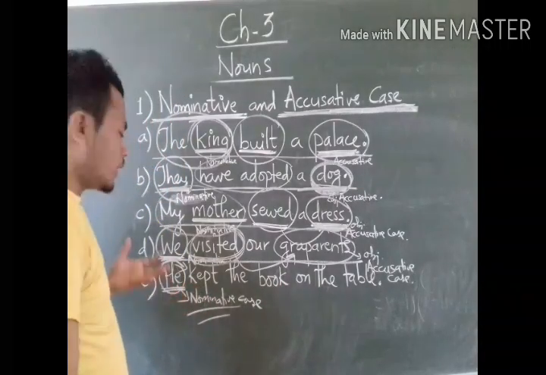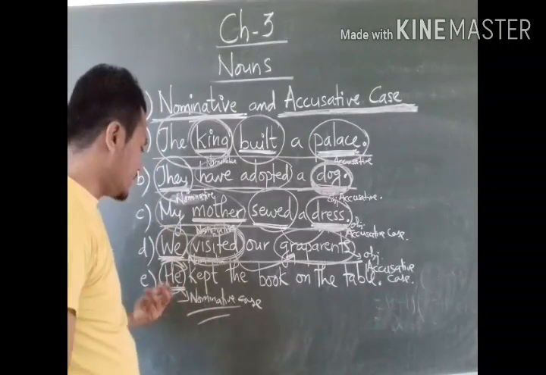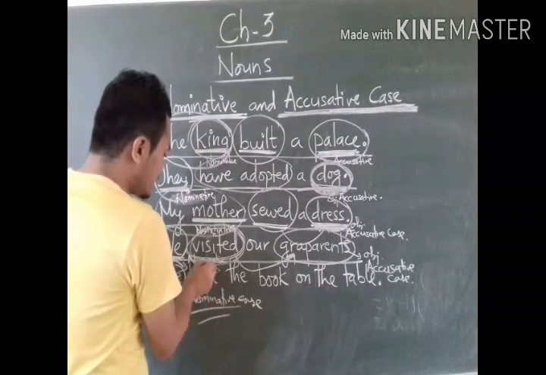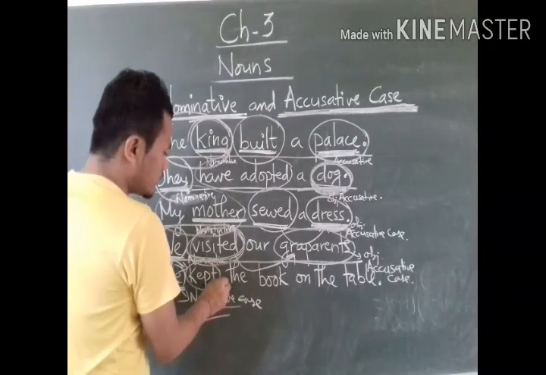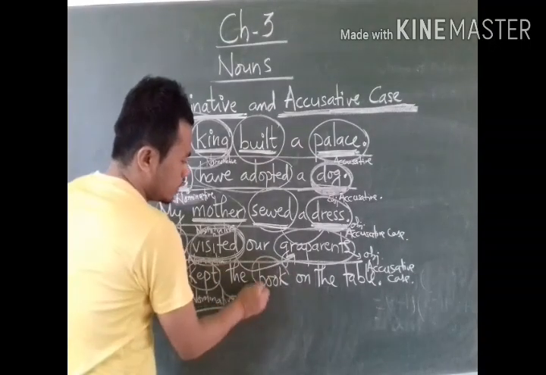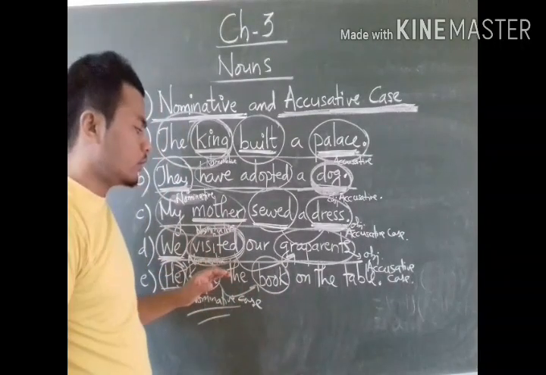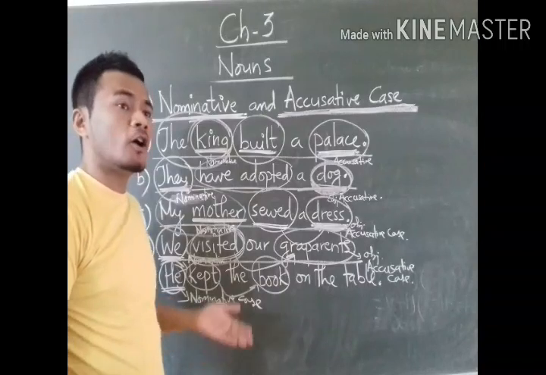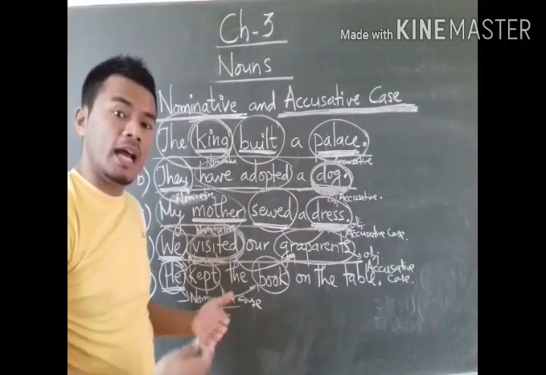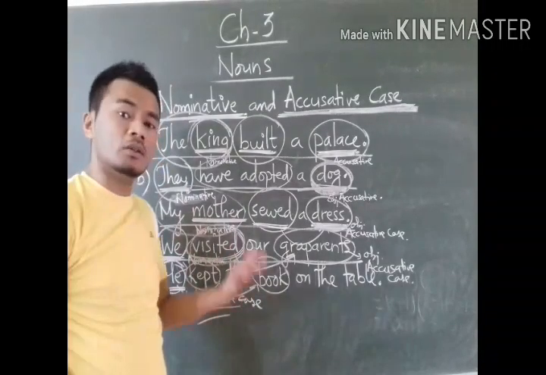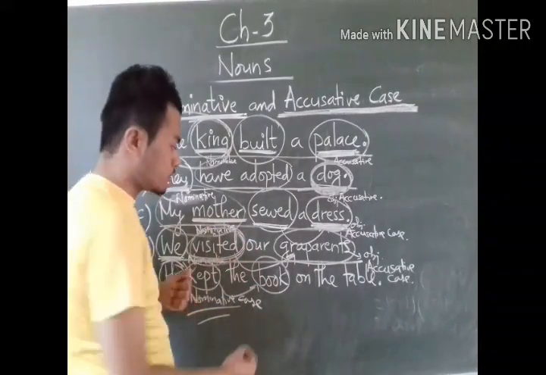Okay. Now, what is the action performed by he? The action of keeping. Keeping what? Book. So here, book is the noun. We have to find out the main noun. Whether they are used as an object or subject, we have to find out the main noun or main pronoun, not other words that qualify these nouns or pronouns.